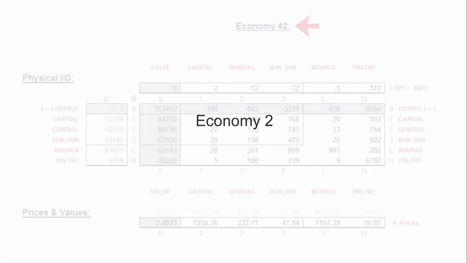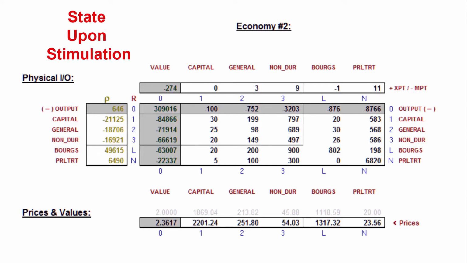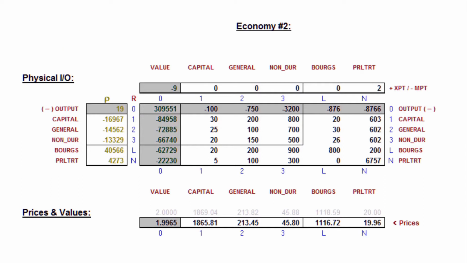Repeating this experiment with focus shifted to Economy 2, we observe that this economy's stasis is also disrupted by the initial stimulation. Once again, here is the initial steady state, and here is the state immediately after the stimulus. Upon launching the emulator, we immediately observe continuous adjustments to the physical rates of change. As was the case for Economy 1, these rates of change quickly adjust toward the ultimate stasis.